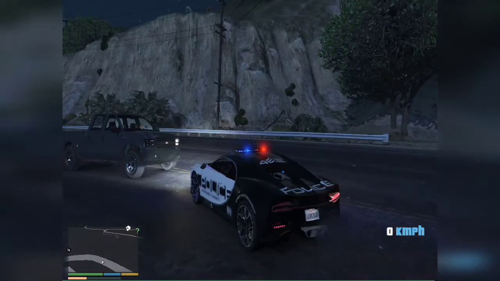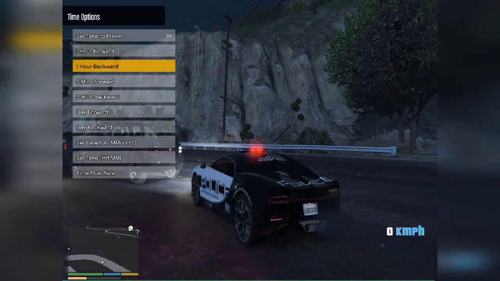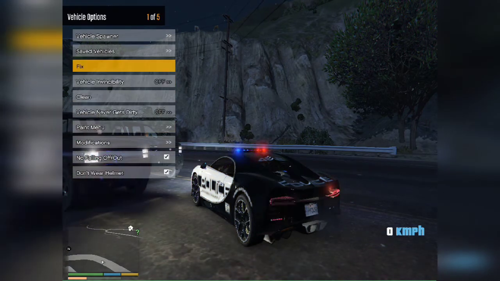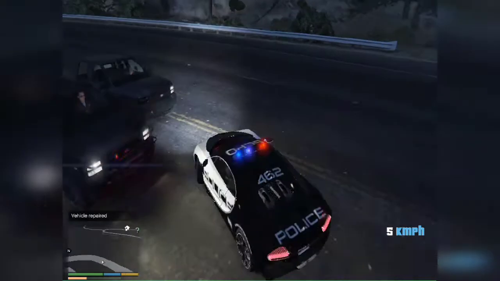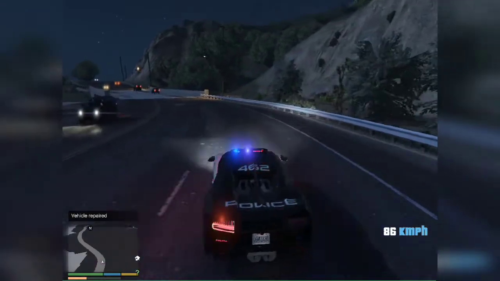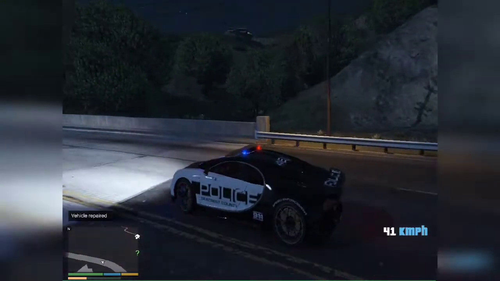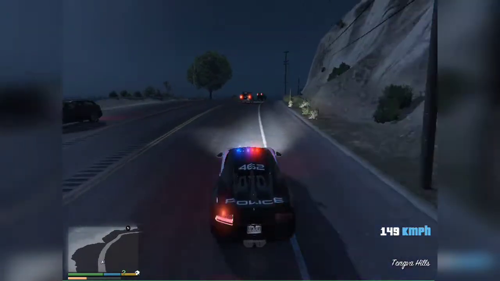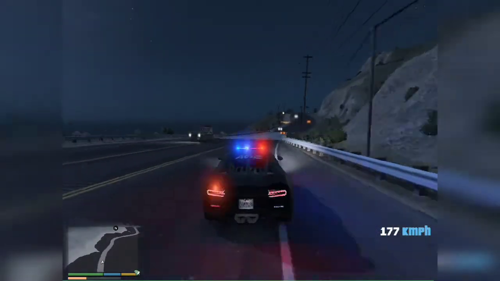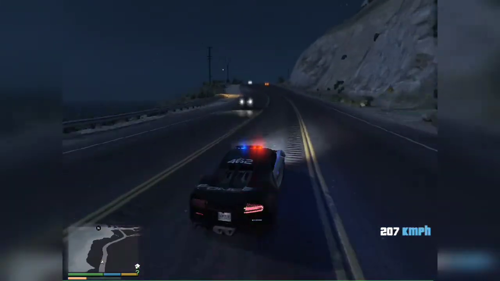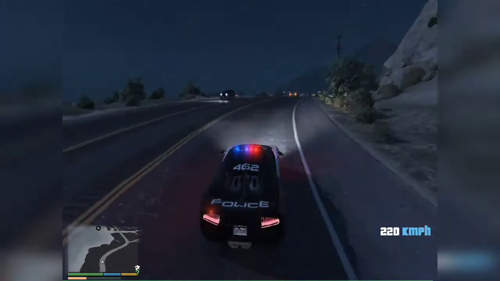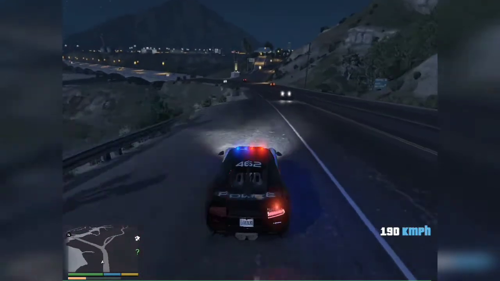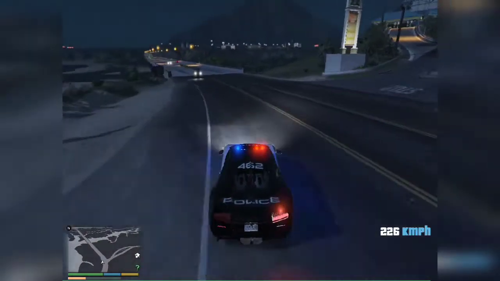I also recommend you don't exceed 1000 MB, because on many script hook websites it is written that if you exceed 1000 MB, it will create pressure on your CPU and GPU, and there may be a chance of causing damage to them. So don't take risks. Limit your mods. Don't use many mods at a time. Try to use optimized mods, and I hope this video will help you.